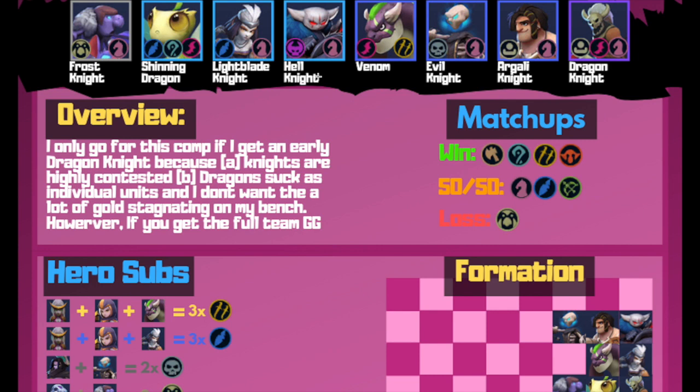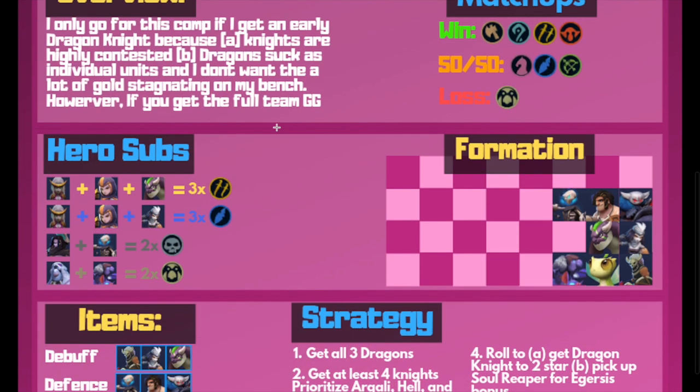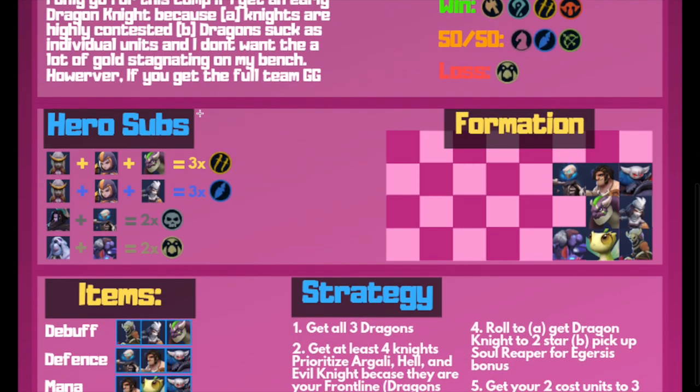And the 4 knights that I would say you want to get are going to be Argali, Evil, Hell Knight, and Dragon. So you can actually do without Lightblade and Frost Knight. The comp is better if you have them, but if you can't get them for some reason, here are some substitutions. So for instance, you can replace Frost Knight and Lightblade Knight, or 2 of your knights. So say you're running your 4 knight synergy, you can replace the other 2 knights with the Shadow Crawler and